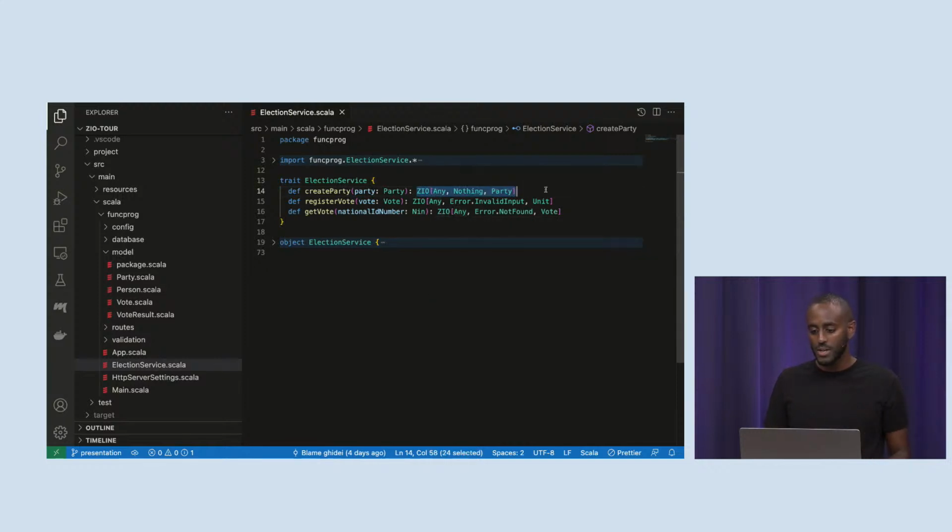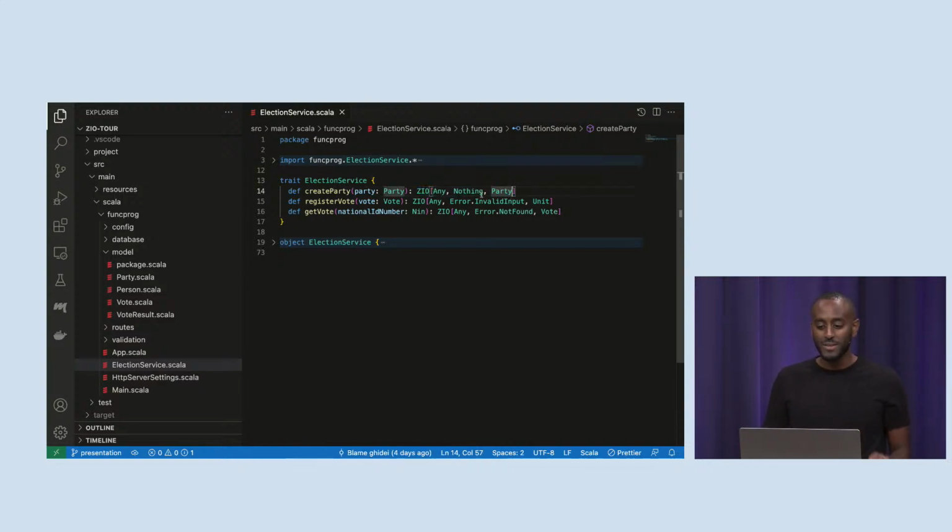So this ZIO does not need any additional contextual data to be run. And also, if we look at the error type here, it's typed to Nothing. Again, we're using the Nothing type because the Nothing type in Scala has no values. So if we have the error type typed to Nothing, this means that we have a ZIO workflow that cannot fail with any typed error.